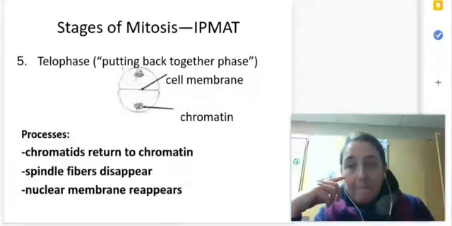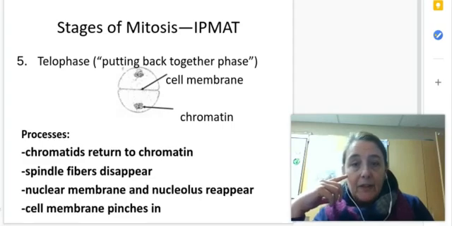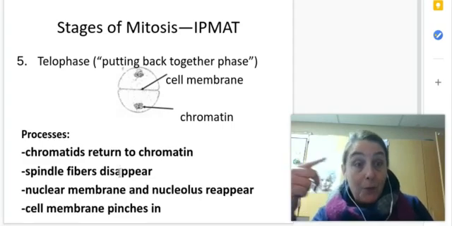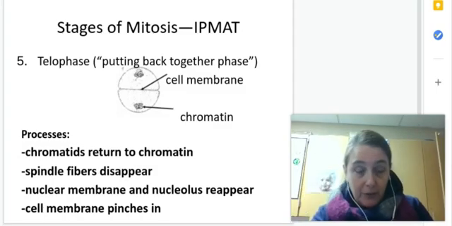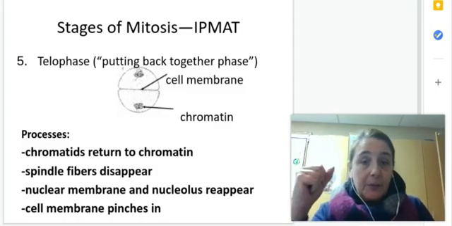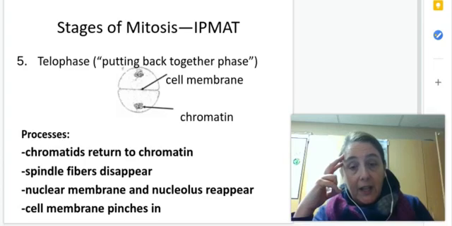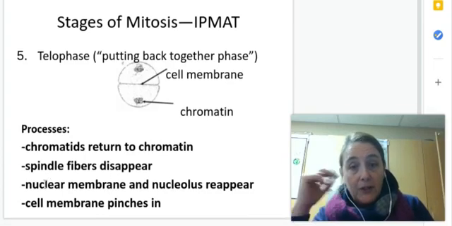So the chromatids go back to chromatin. We're just undoing prophase. The spindle fibers disappear, the nuclear membrane pinches in, or the cell wall forms, and the cell membrane pinches in. So that's